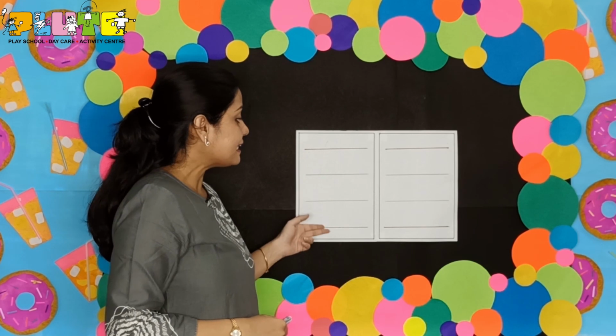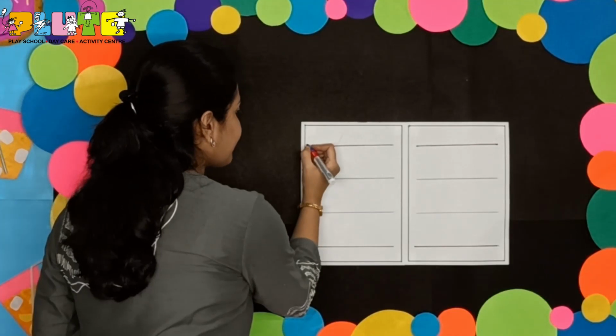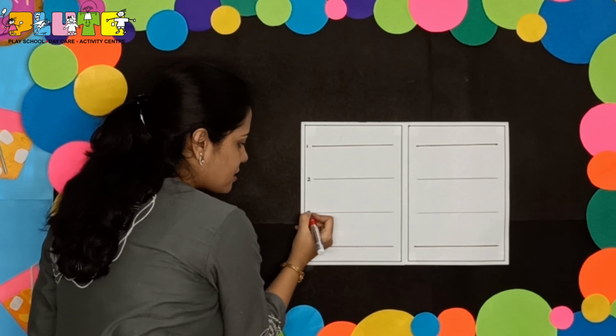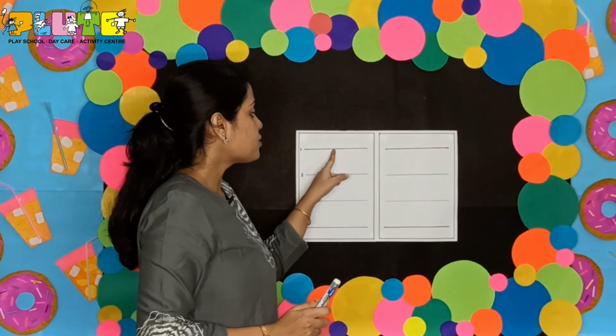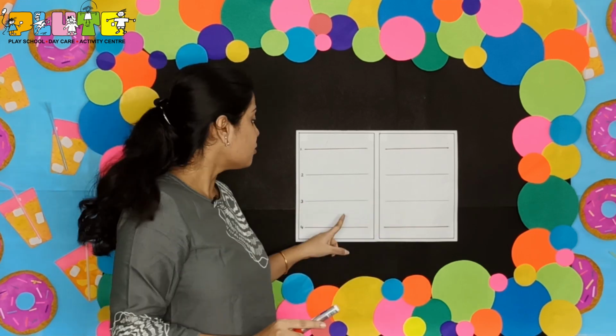So children, now all of you look here. You can see there are 4 lines in this page. It is exactly in the same way that you can see in your English copy. Now I am going to number these lines. Okay? This is number 1 line. This is number 2. This is number 3. And then number 4. So children, while writing the alphabets, we will always try to start from the red line, that is the first line, and our writing should be completed within the 3rd line. Okay, we will never write on the 4th line.